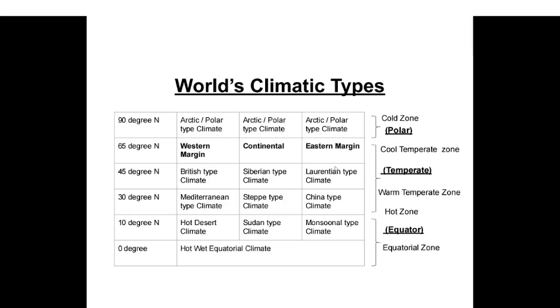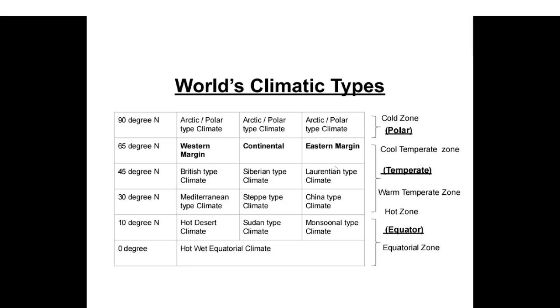The other ones are the cold temperate zone, warm temperate zone, and hot zone. These three types lie at 65-degree north, 45-degree north, and 30-degree north. The 65-degree north has western margin, continental, and eastern margin, cool temperate zone. 45-degree north has British type climate, Siberian type climate, and Laurentian type climate, both temperate. And 30-degree north has Mediterranean type, steppe type, and China type climate, warm temperate